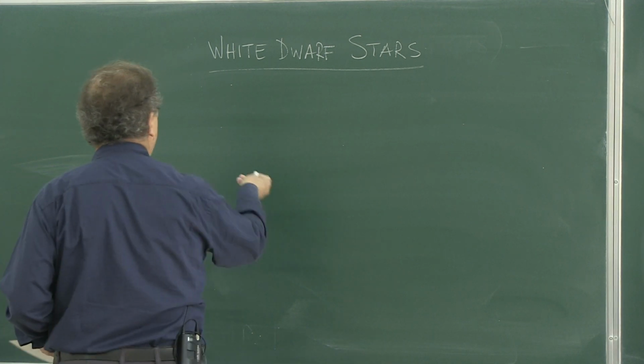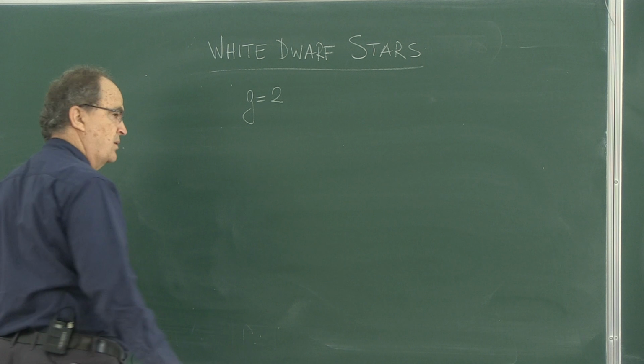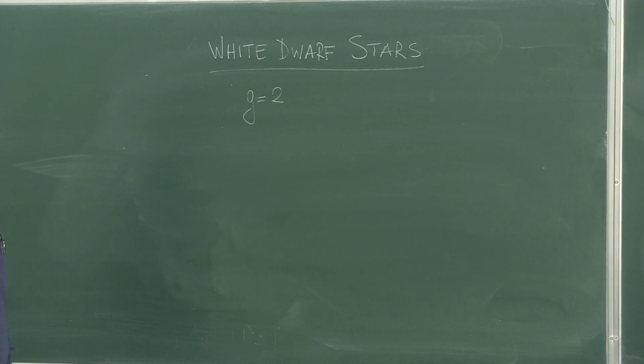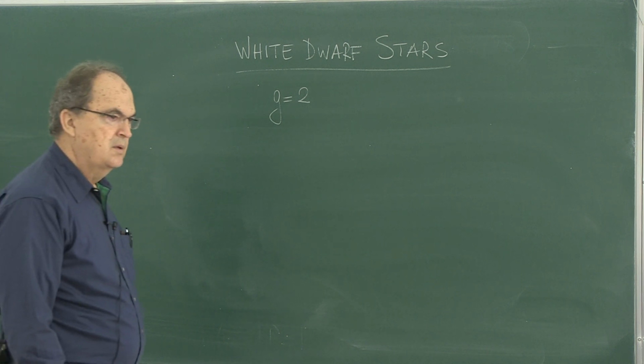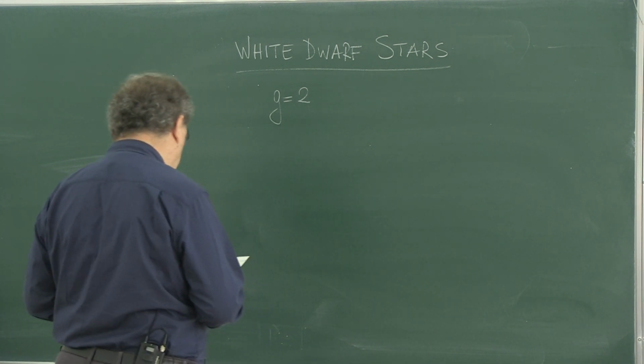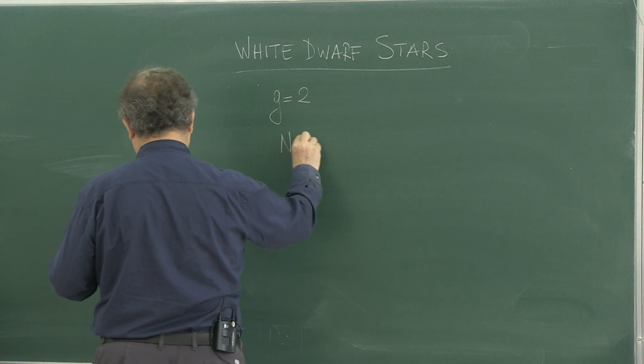Now, since we are dealing with an electron gas, we know the degeneracy factor here is 2, 2s plus 1, where s is 1/2, spin 1/2 for electrons. So the number of particles then,